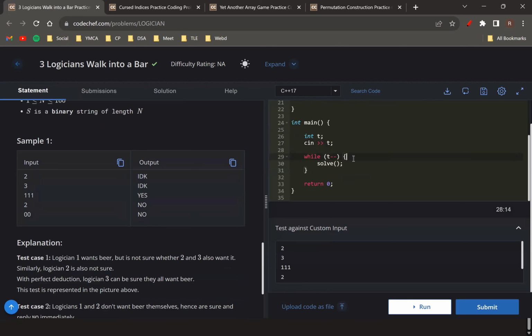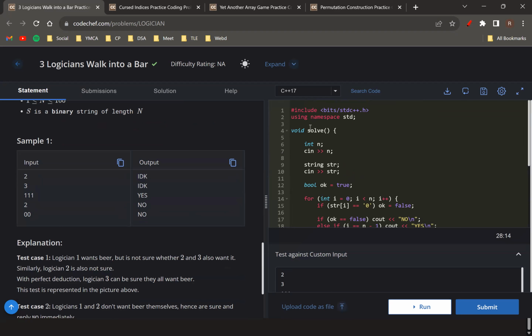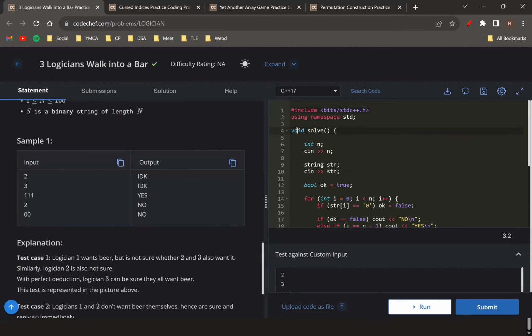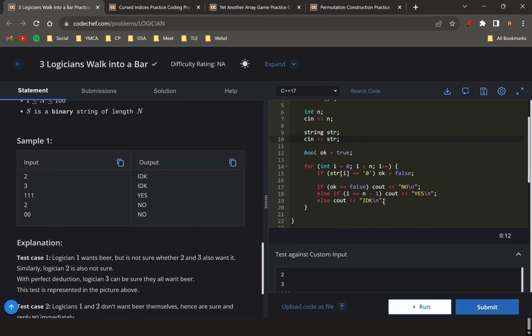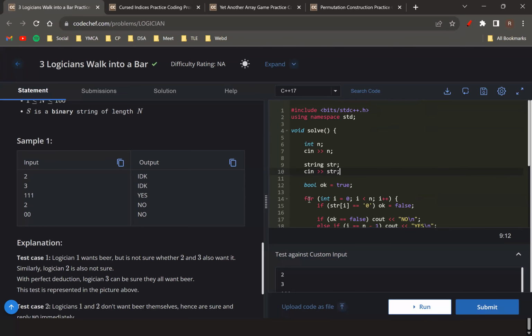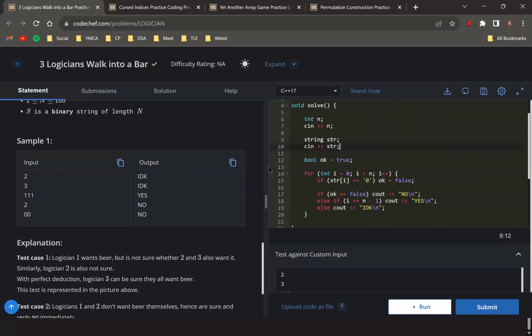Now for every test case, I have created a function void solve, and you will see me using this all the time after this, on all the problems. I just create a function like this, in which I write the code for every test case separately, so that all the test cases are independent of each other. For every test case, I'm taking the length of the string as input